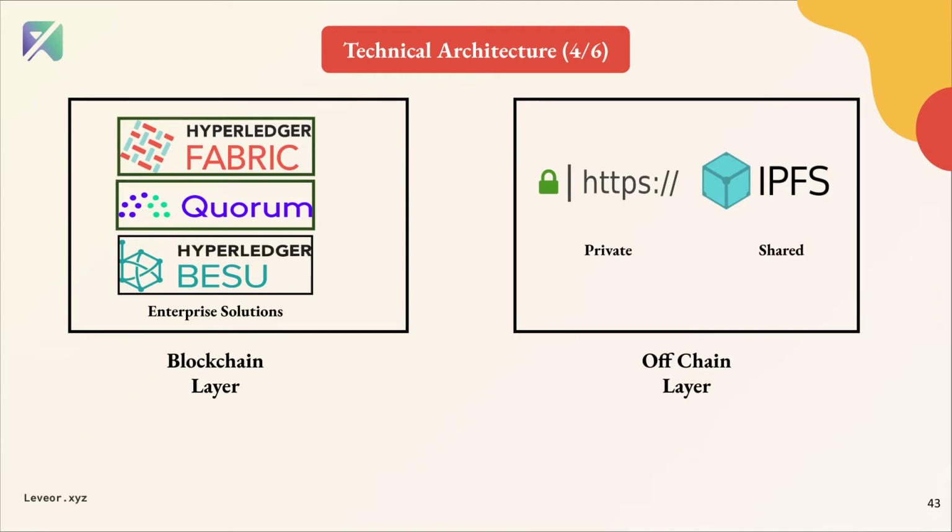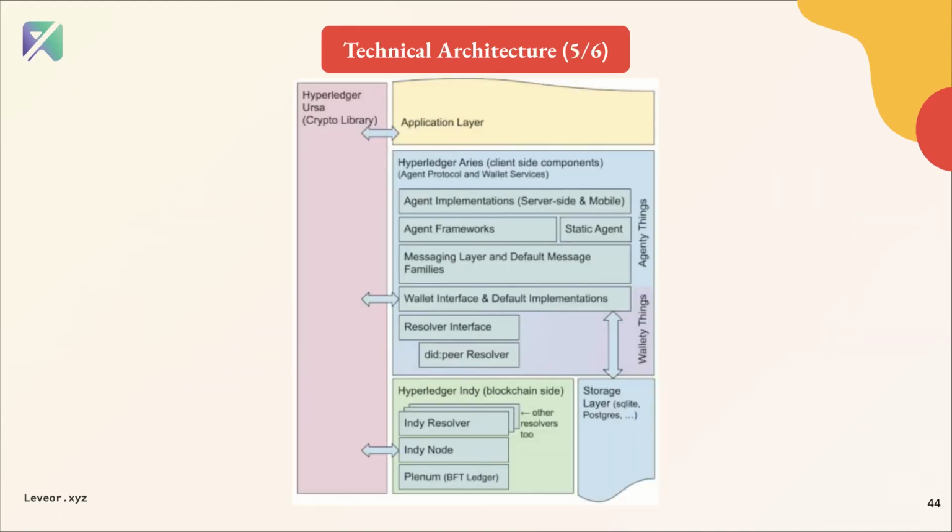For on-chain storage, we are using Hyperledger, with both private data storage that comes with the Firefly node and decentralized file storage with IPFS support out of the box. The Hyperledger public chain stores the verifiable credentials and the stakeholders' public DIDs. The Aries agent stores and manages the credential and PK infrastructure. It uses Hyperledger Ursa for the cryptographic functionality and Indy on its blockchain side.